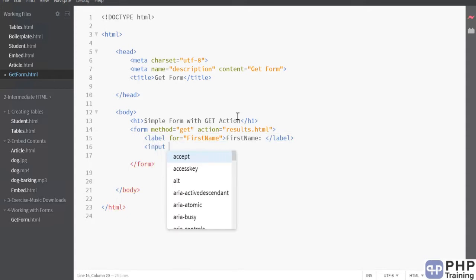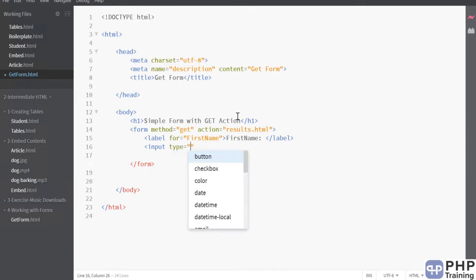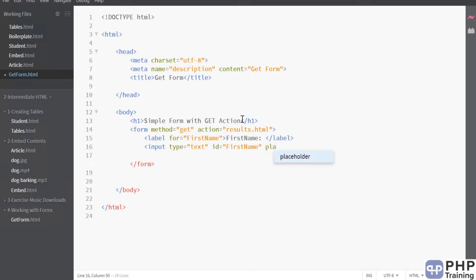Now I'm saying the input is basically the input box, and you have to say what type it is. Okay, the input type is basically text, so the text box will appear, and you have to say what the ID for it is. Okay, this ID should match with the label for. Right, and if you want to show some text inside the text box, you can use placeholder, and you can say enter your first name. Right? And then we'll give a name to it. It's like a variable name for the input box, so whatever you enter into this will be saved in it.